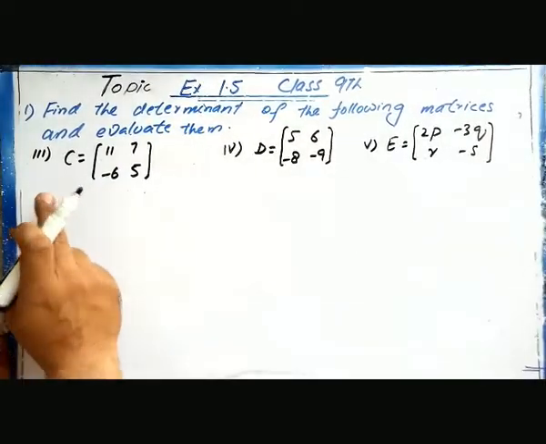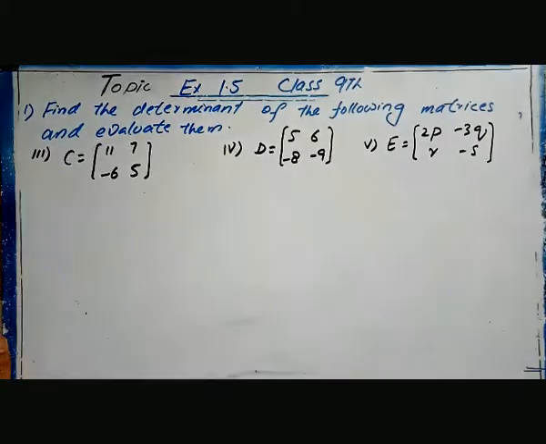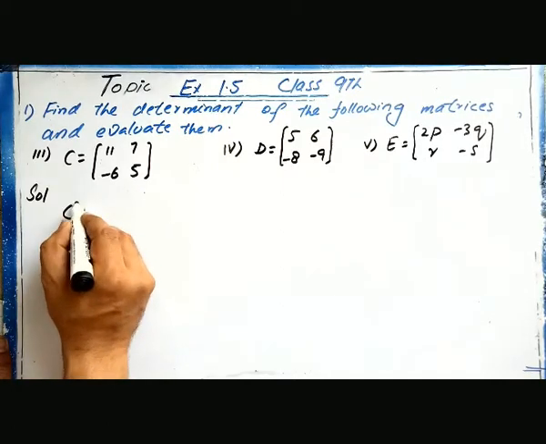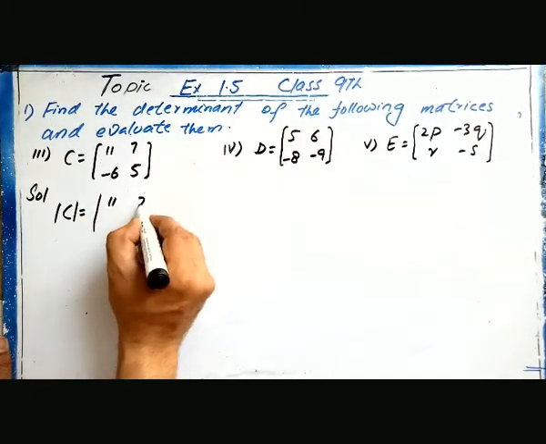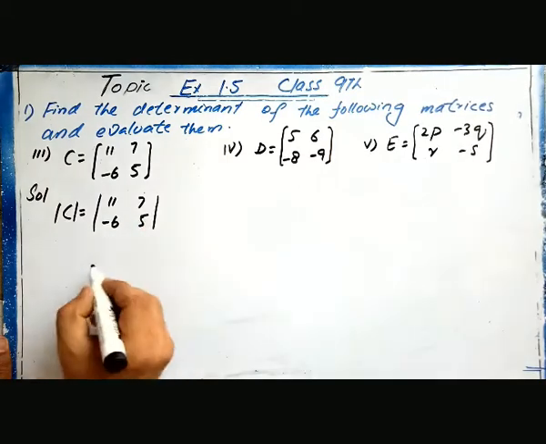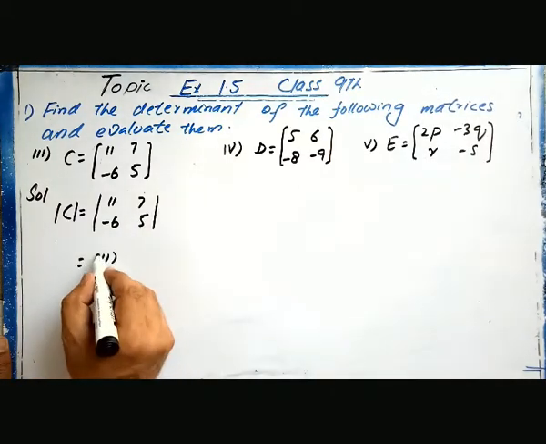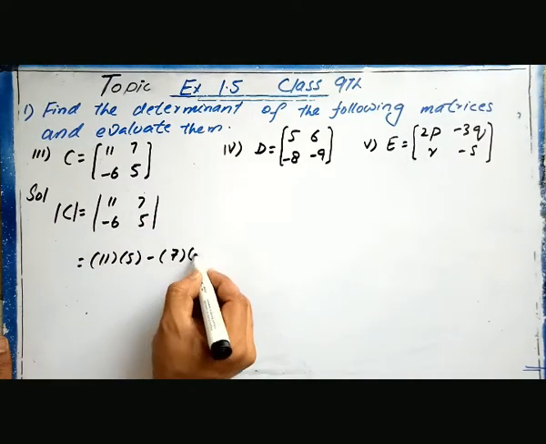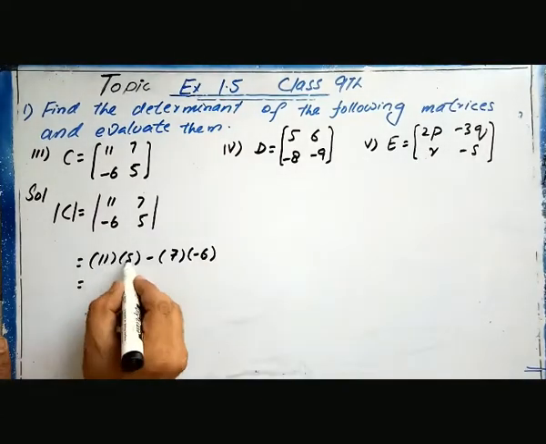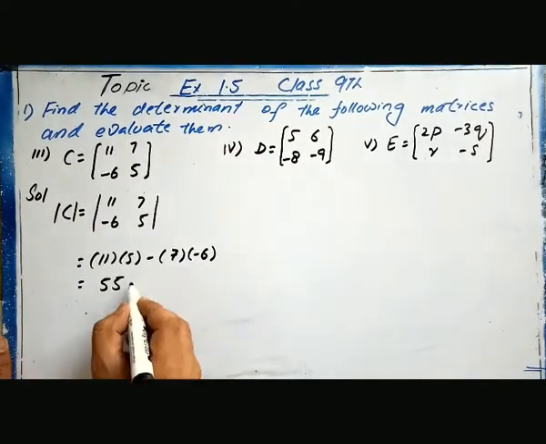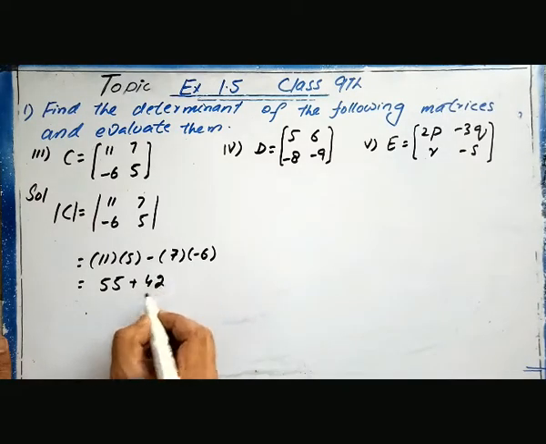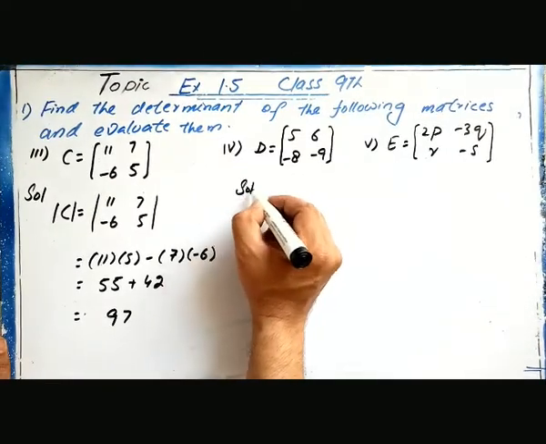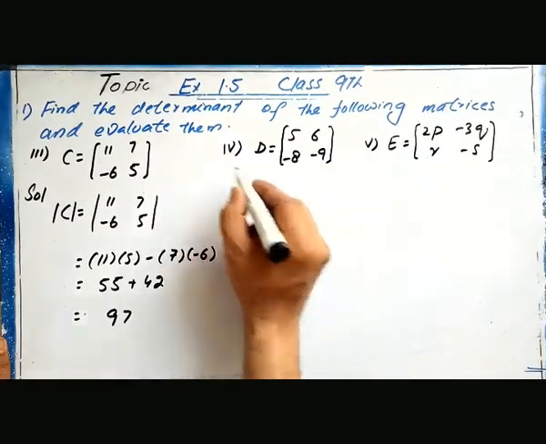Third part of question 1, find the determinant of C, where C is this one. So solution, C is equal to 11, 7, minus 6 and 5. Now 11 into 5 minus 7 into 6 minus 6. 11 5s are 55, minus minus plus 42, 97. Now solution, D determinant will be equal to, this is fourth part,